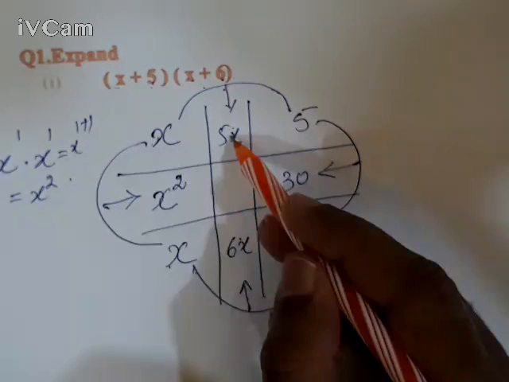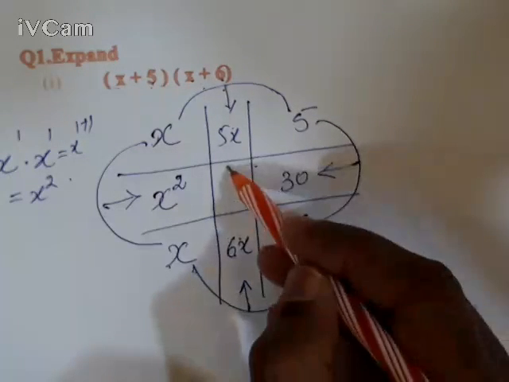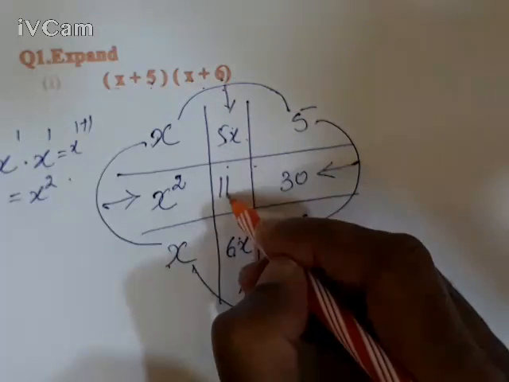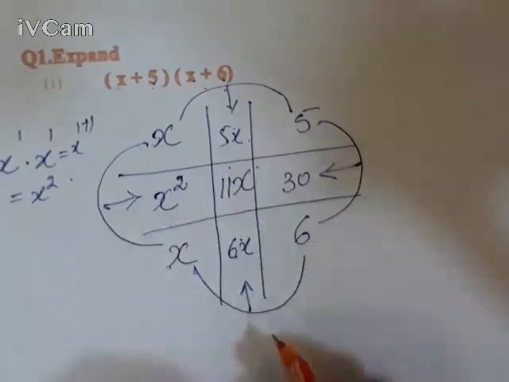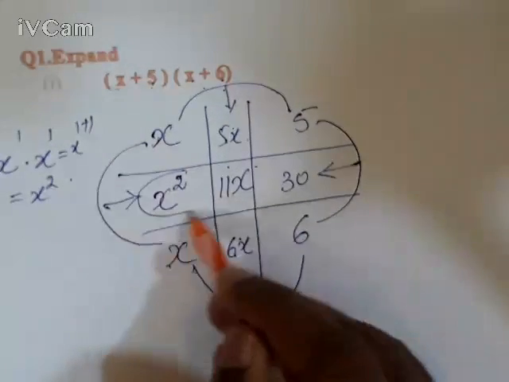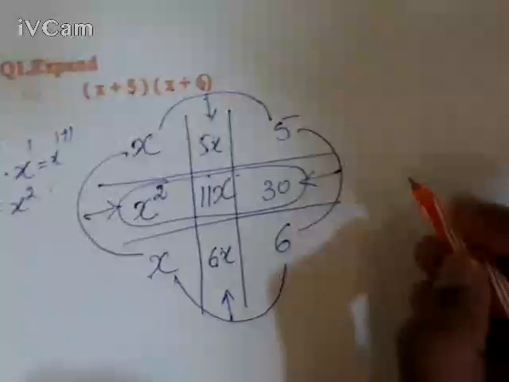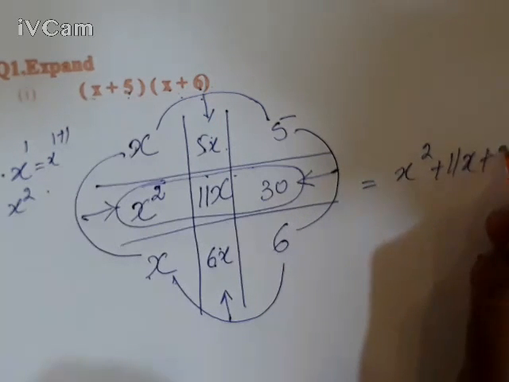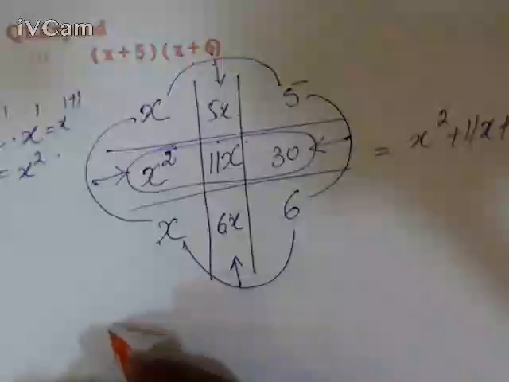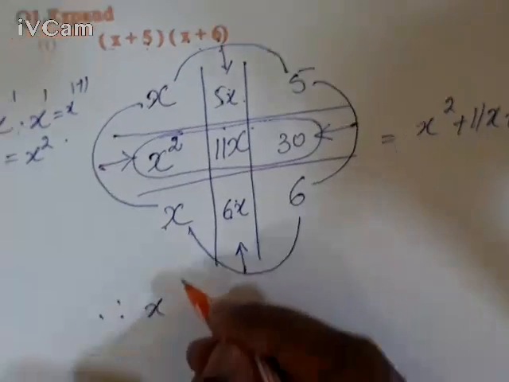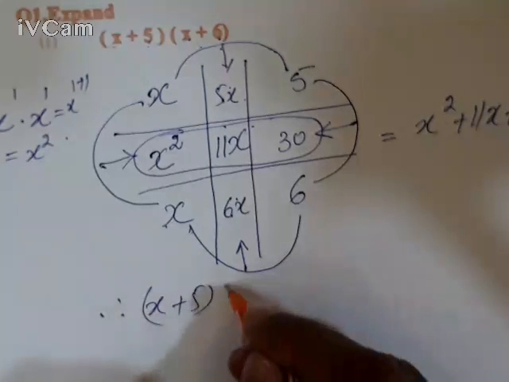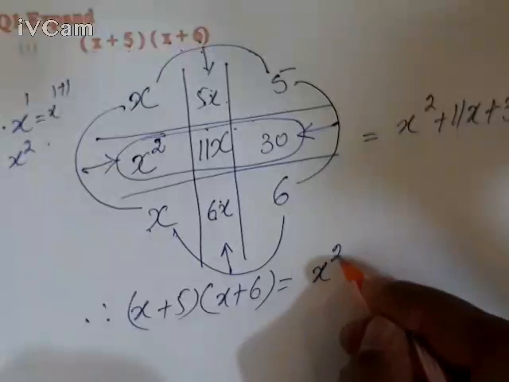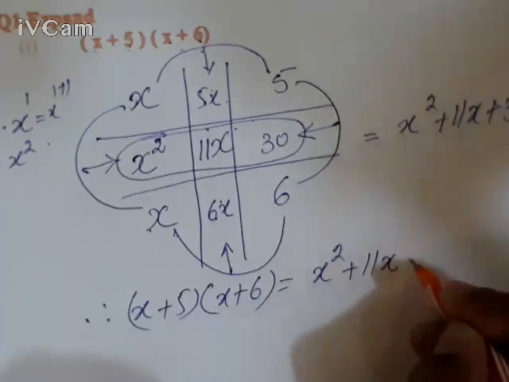Now these two values are added, so 6x and 5x will be 11x, and lastly we have to add these inner values, which is equal to x square plus 11x plus 30. Therefore we will write x plus 5 inside the bracket times x plus 6, which is equal to x square plus 11x plus